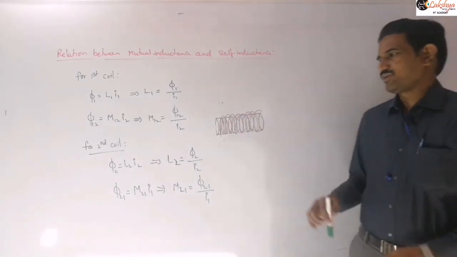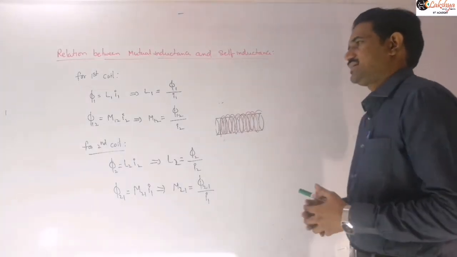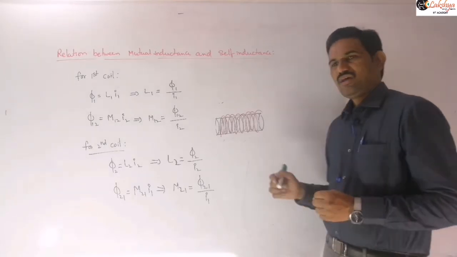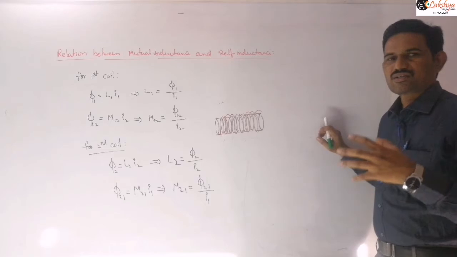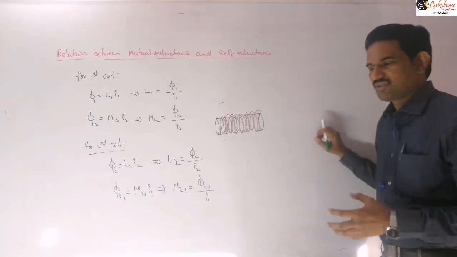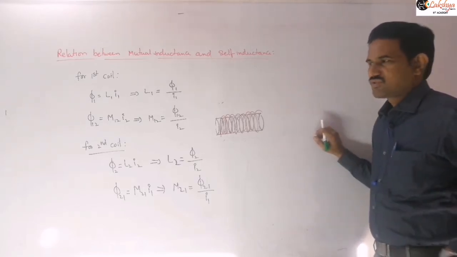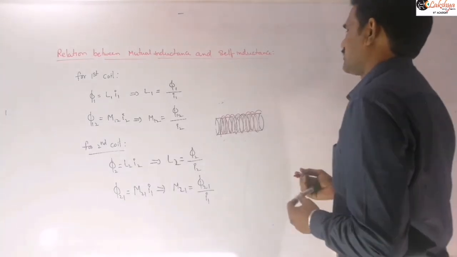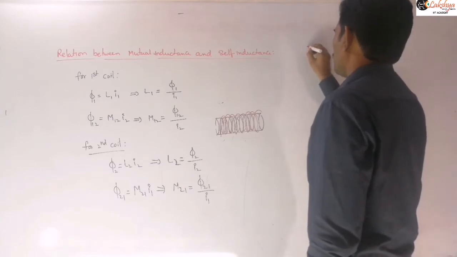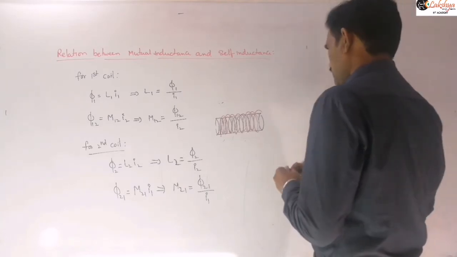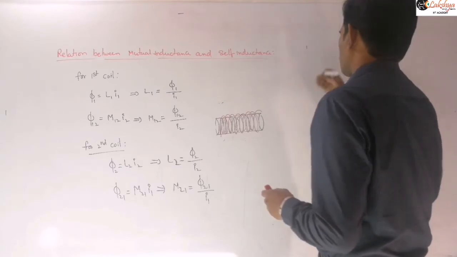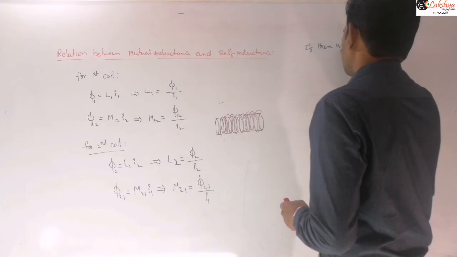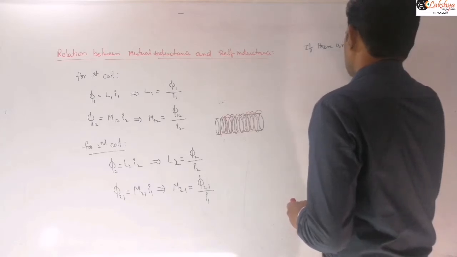Now we know that M12 and M21 are equal, and let us consider that these two coils are closely placed so that there is no leakage of flux. No leakage of flux means whatever flux passes through the first coil, the same flux will be associated with the second coil also, right? That is our assumption. So mention that point: if there is no leakage of flux,